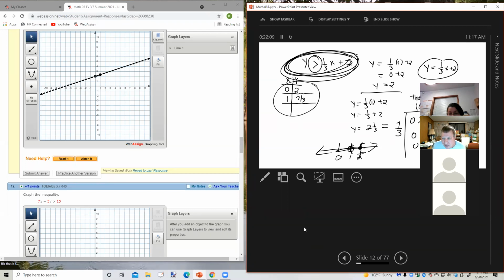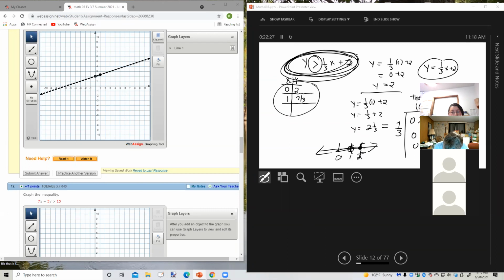All right. Now, let's see, where were we? Okay, we had this test point, 0, 0, which would be over here. See where my mouse is over on the WebAssign screen? But it said it didn't work. It was false. In fact, I was getting ready to write,